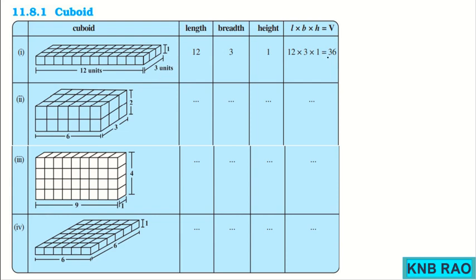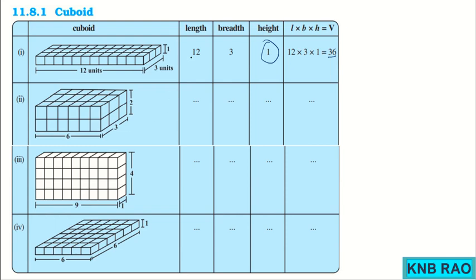I got 36 as 12 into 3, that is the number of unit cubes along one row into the number of rows. Here one over the other we have only one cube, and no cubes are kept one over the other, so height becomes 1. Now I got a formula to find the volume of a cuboid,